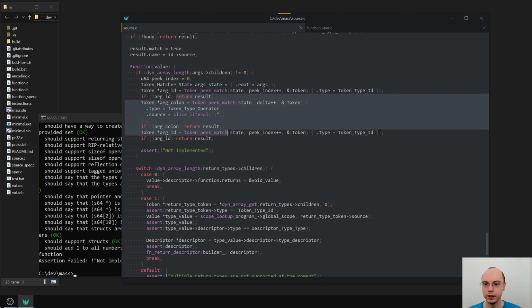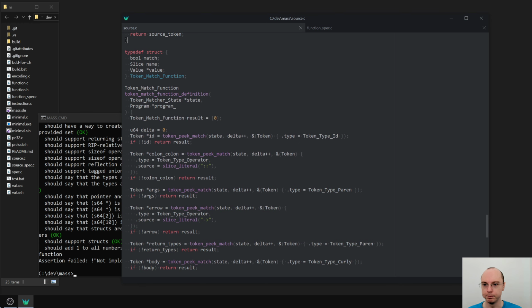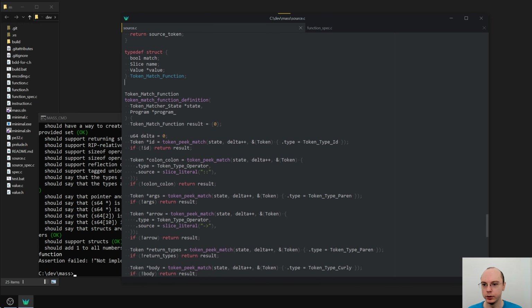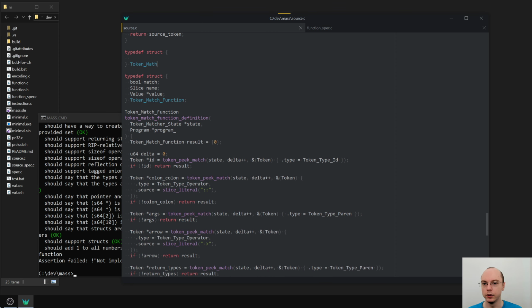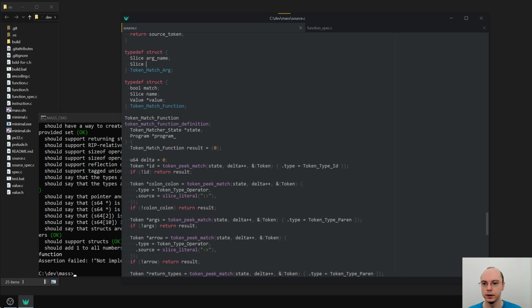If none of it matches, actually here we can't really return result. So what do we do about that? I guess one thing we can do is do another one of those functions. So we say typedef struct token match arg, and we would have slice arg name and slice type name,